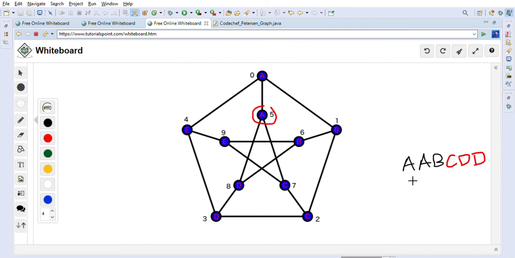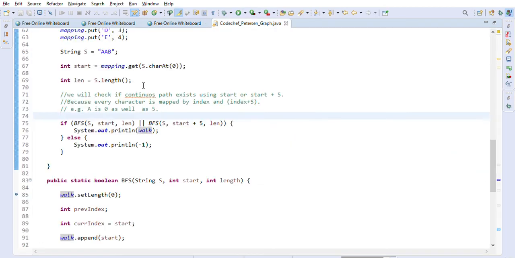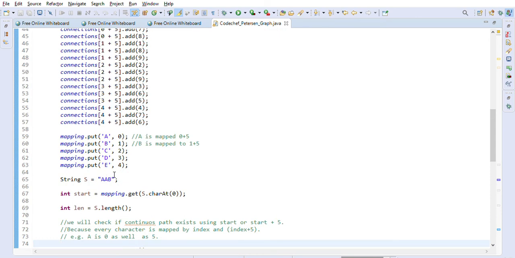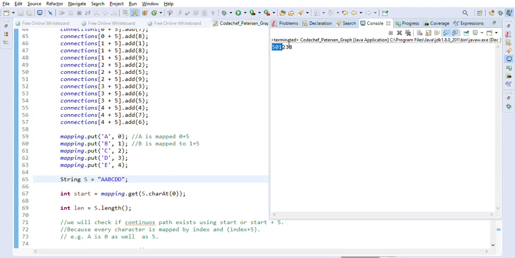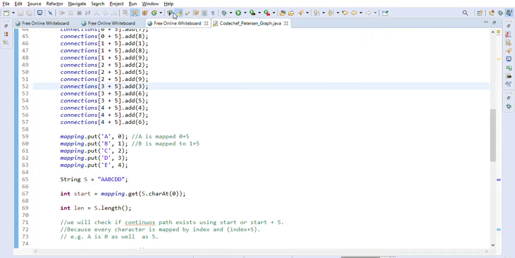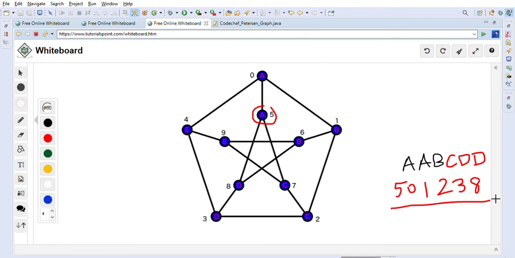So 5, then 0, then 1, then CDD means 2, 3, 8. So let's try this example AABCDD. As you can see 501238, so here also you can see 501238. So we are getting the correct answer.